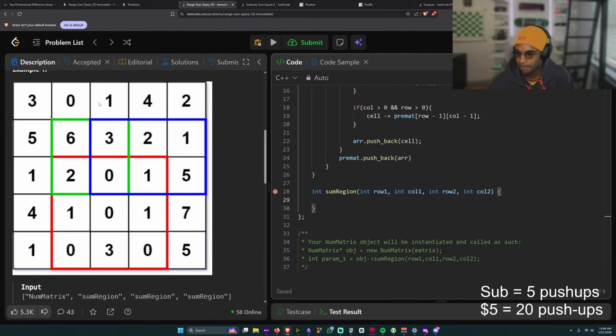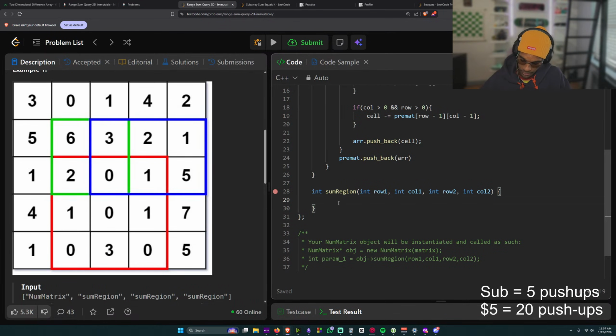Because if we start at 1, 1, we want to subtract all of this stuff here, like the 3, 0, and the 1. So if the row 1 is greater than 0, which 1 is greater than 0, we want to go row -1, go up 1, and keep the column the same, so 2, and subtract that, and then do the same. Okay, perfect.